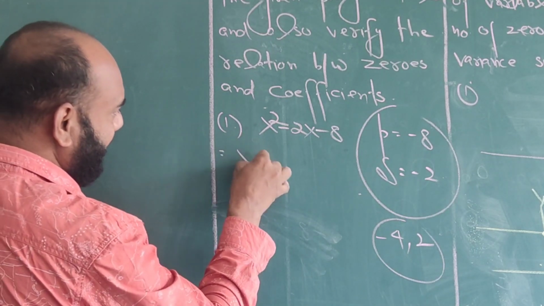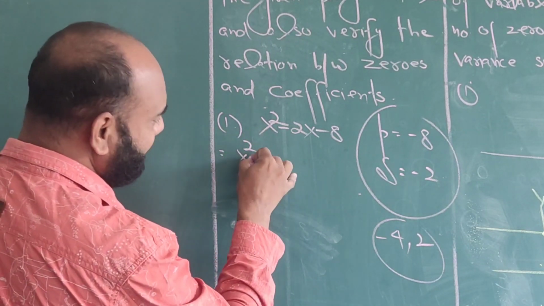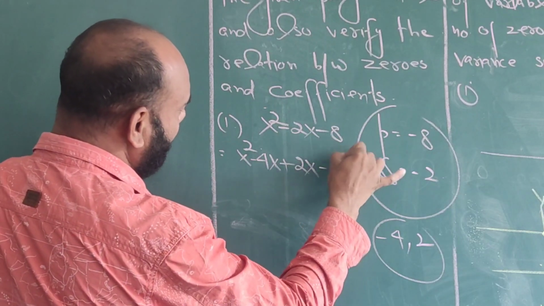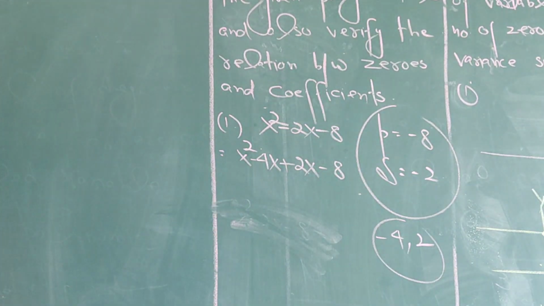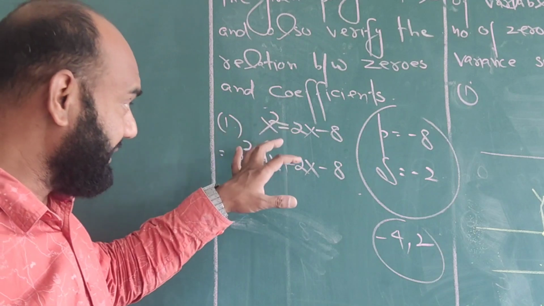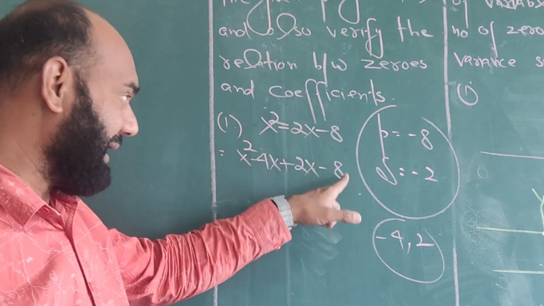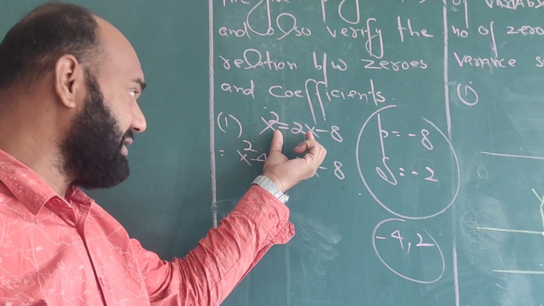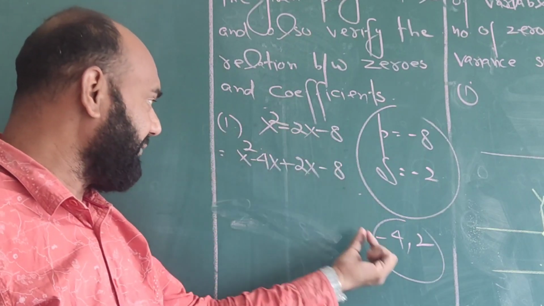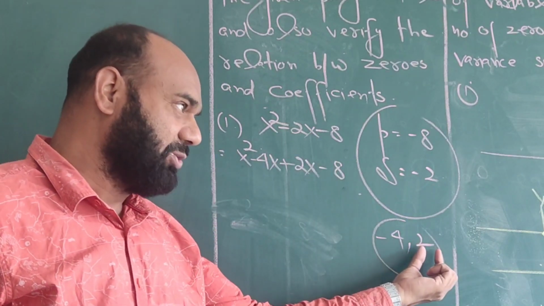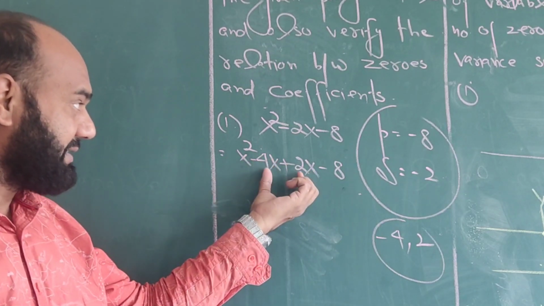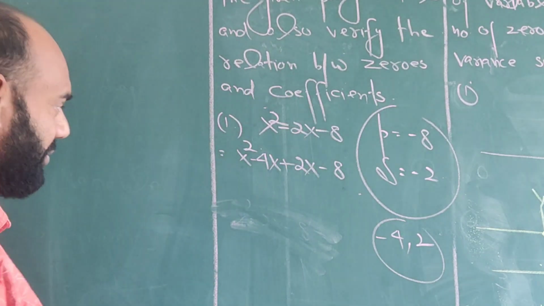So it can be written as x square minus 4x plus 2x, because this method of factorization is said to be split the middle term. In this method, the first term and last term are unchanged, and we only change the second term. Minus 2x can be written in the form of minus 4x plus 2x. When we check this, minus 4x plus 2x is also equal to minus 2x.